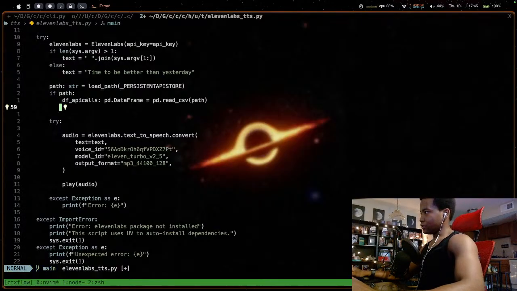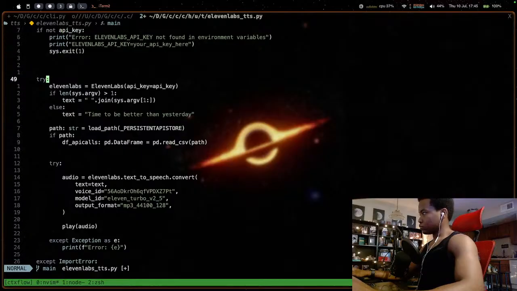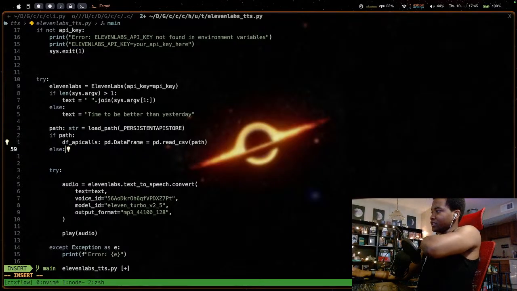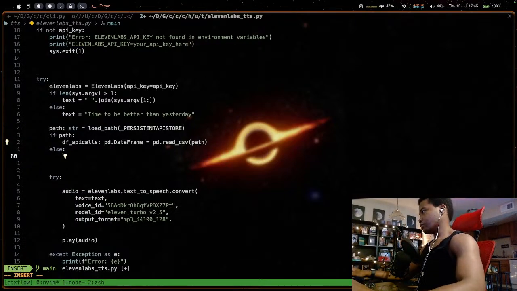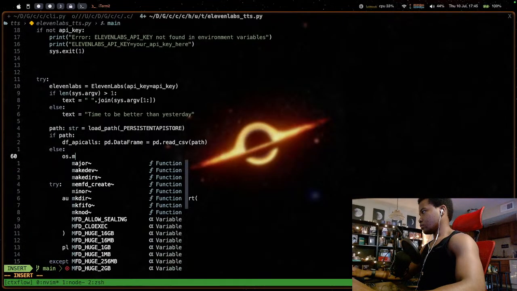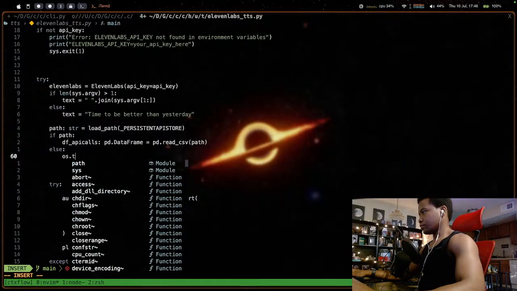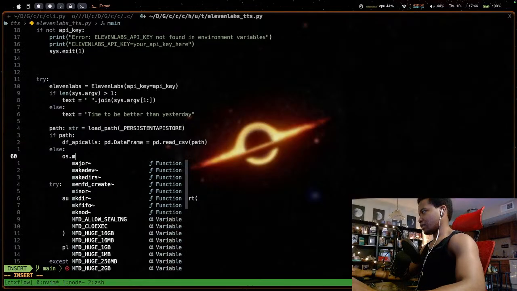You know what the structure of this is gonna be. I still need to create it though. I think it's literally just makedirs though, right?